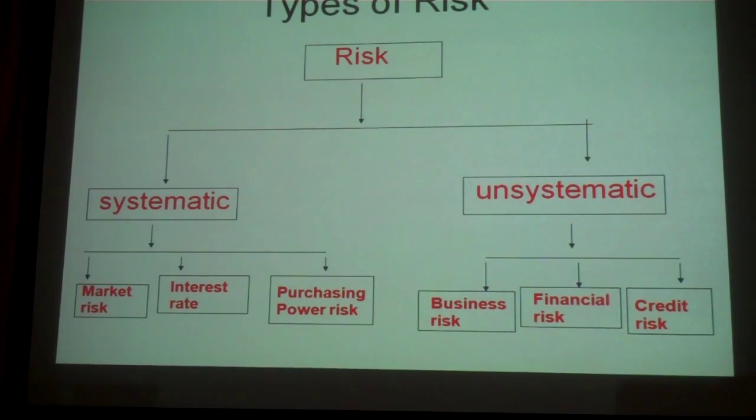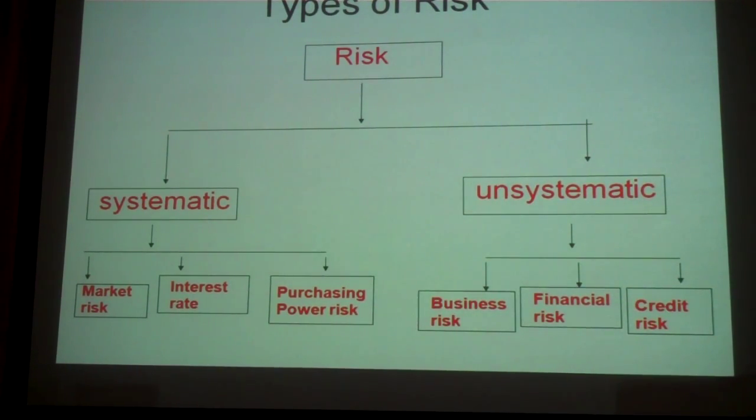What does it mean by systematic risk? Like how I diversified from Infosys to Wipro to Reliance, I cannot do it here. Because whether it is Infosys or Wipro or Reliance, if Sensex falls, even that stock will have to fall. There is no exception. Hence it is called systematic risk. That means that risk is systematically present in all the stocks, whereas unsystematic risk means which is not systematic. The risk which is there in Infosys is not there in Reliance. That risk which is there in Reliance is not there in State Bank of India. Unsystematic.